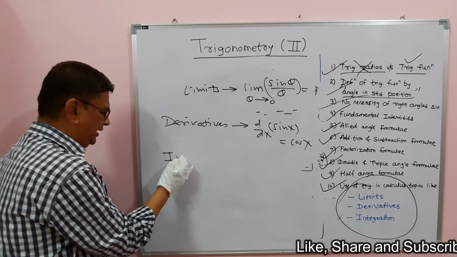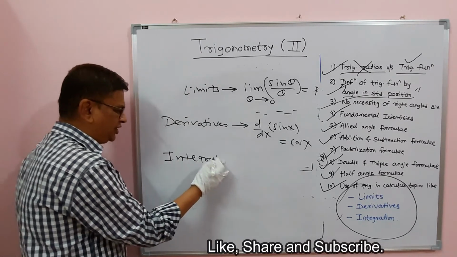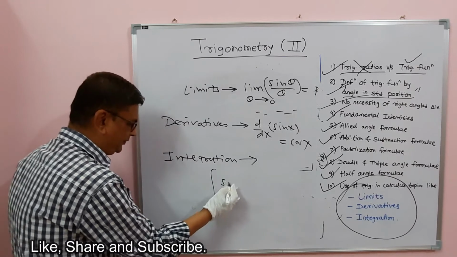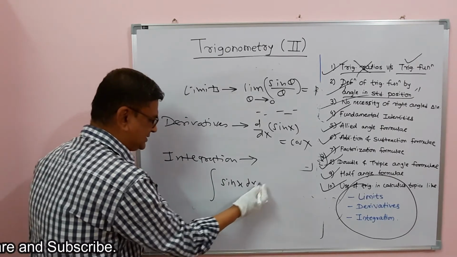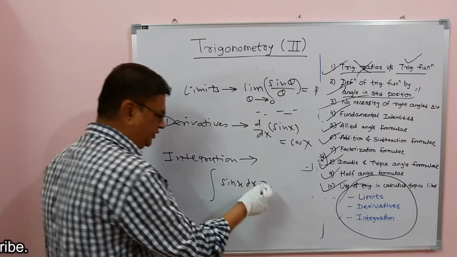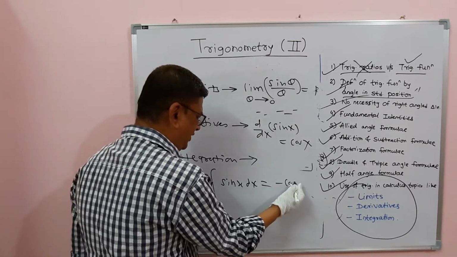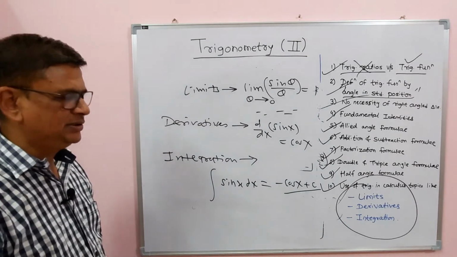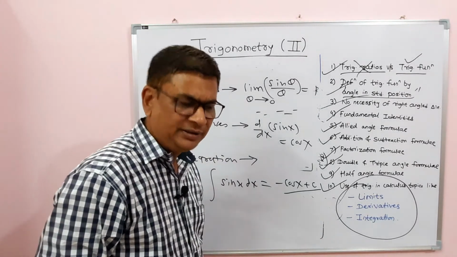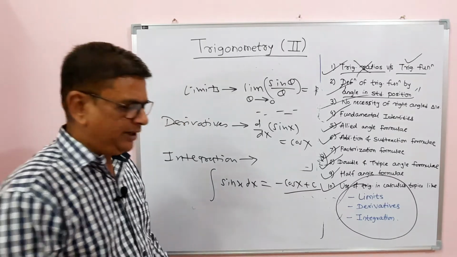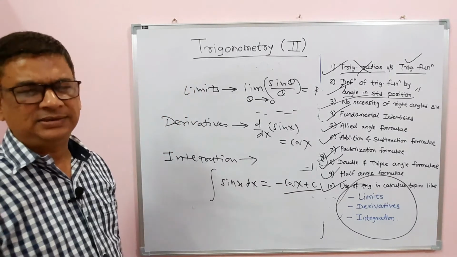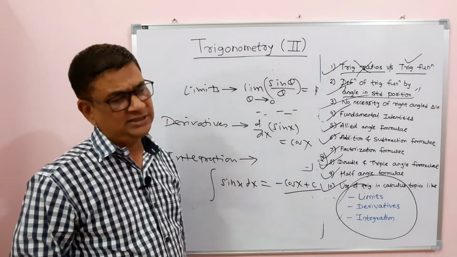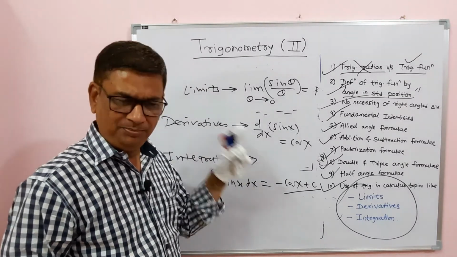And if you take example from integration formula, it is integration of sin x dx. That means integration of sin x with respect to x is given by minus cos x plus c, where the c is called as constant of integration. So that's for the application of trigonometry there in the calculus. About that today's session, it was trigonometry for the college level, that is second topic.